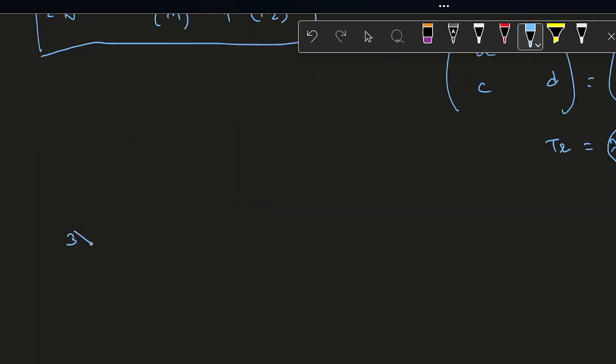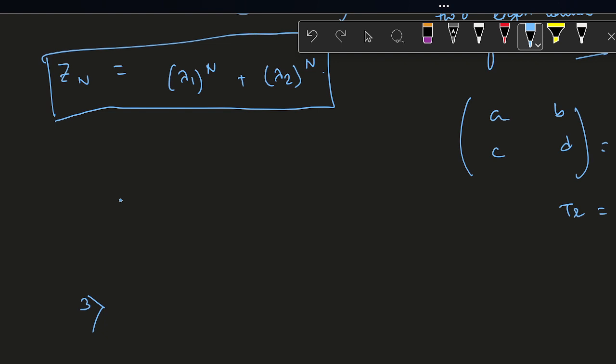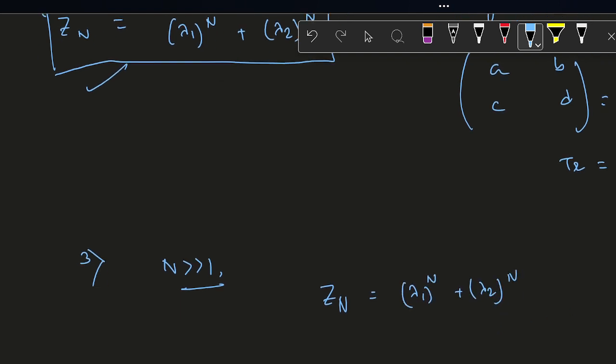For problem number 3, we can start from this relation that we have just derived, and we can just plug in the values of lambda 1 and lambda 2 that we derived in problem number 2, and we have to use the assumption that your n value is much greater than 1, and by calculating this you will get your partition function. So first of all, your Zn is lambda 1 to the power of n plus lambda 2 to the power of n,